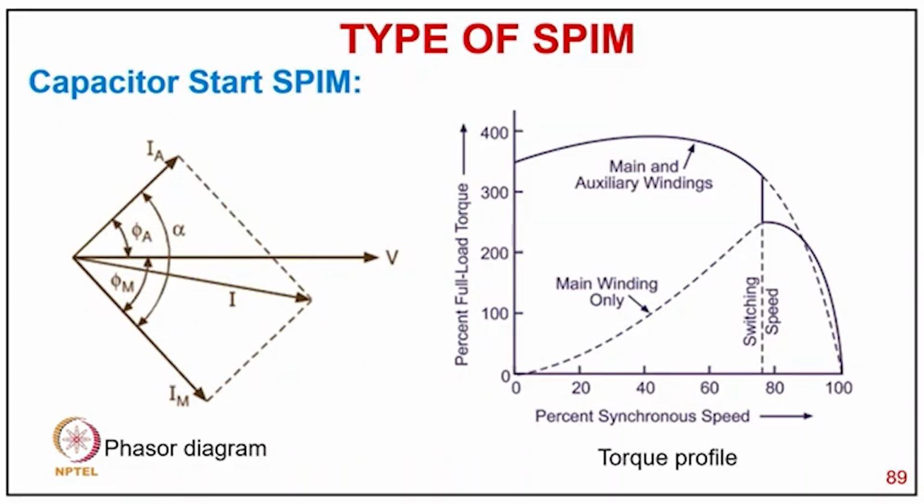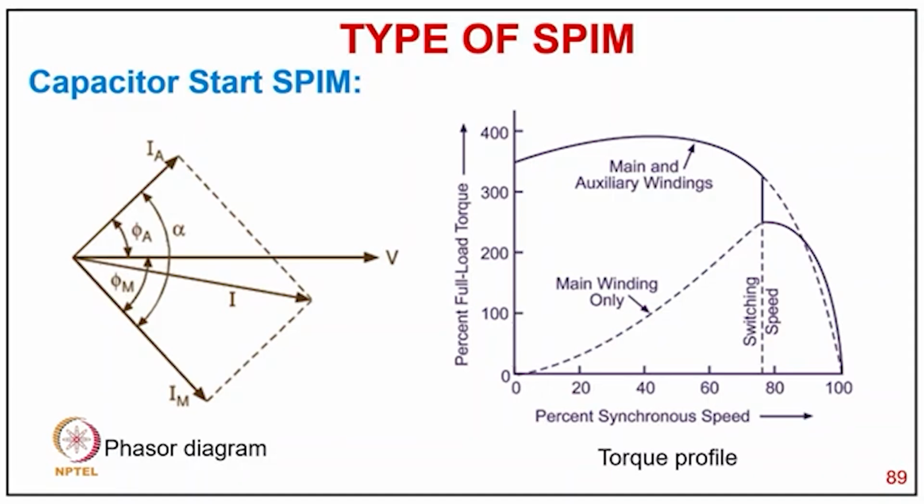You can see how it typically works. You have the auxiliary current, which because of the capacitor leads by an angle phi a. Then you have the main winding current, which lags the voltage by phi m, and then you have a net current. The angle between the two currents is generally alpha here, but sometimes it is designed to be 90 degrees, so that you have two MMFs at 90 degrees producing the two fields. With exactly 90 degrees, as in a two phase machine, a rotating field is produced at starting,